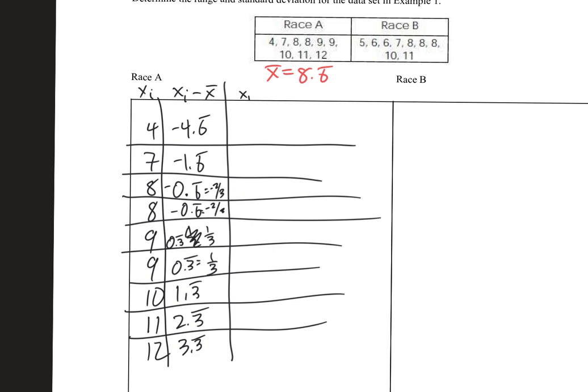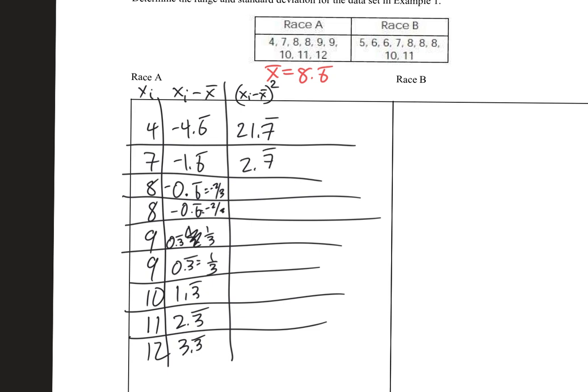So now I'm going to do this. All right, now this might take you a little bit of time. You could do this in your calculator, and maybe you want to do this one step at a time. You do 4 minus the mean, and then you square it. And then you can do the next number. But here, I already did this, so I'm just going to tell you what you end up with. You end up with 21.7 repeating,